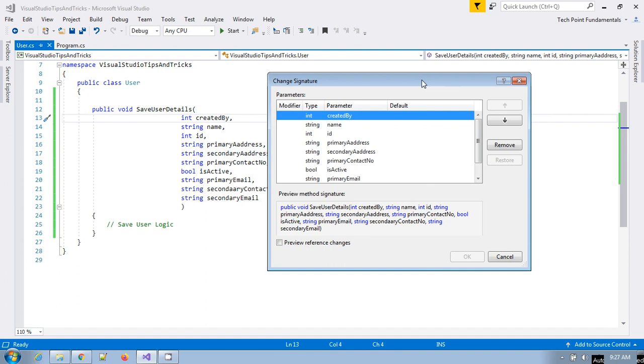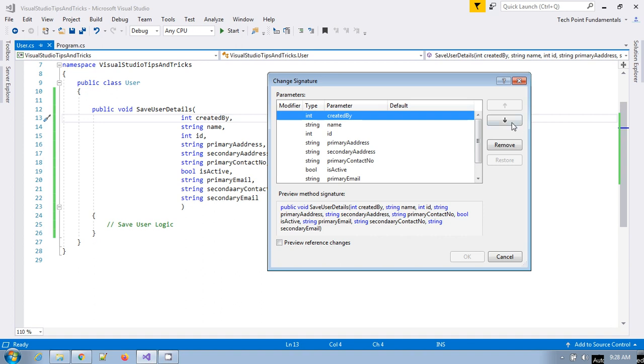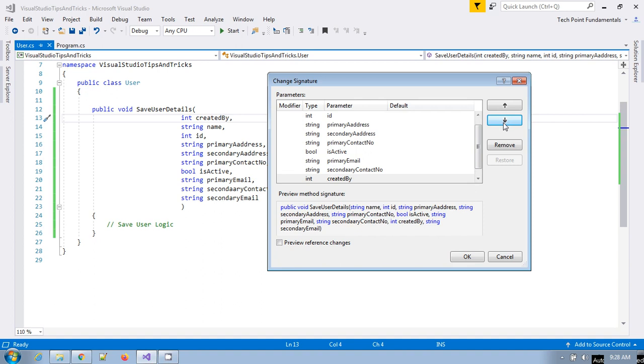This pop-up window will appear, and here you can change the order, right? If you see here, there is an up and down arrow, and there is also a button to remove. Suppose I want this IsActive flag removed, you can click here and this will be removed, right? But for now I am not going to remove this. I am just adding it again, and suppose I want this CreatedBy to be down at last, right? And this IsActive flag is also here,